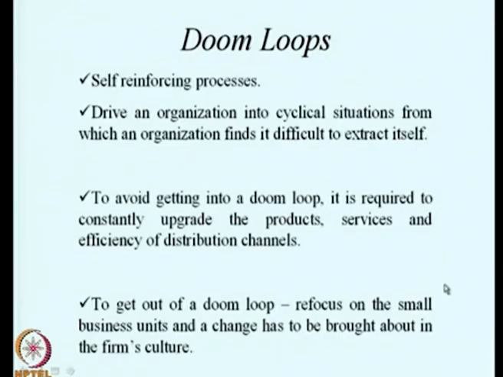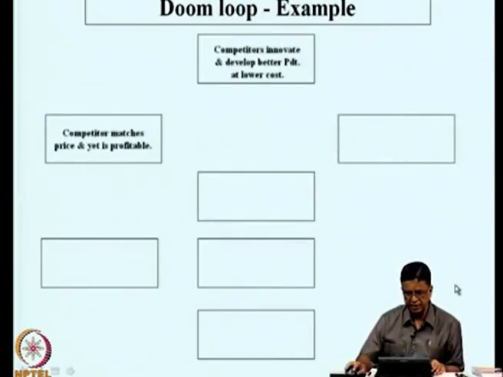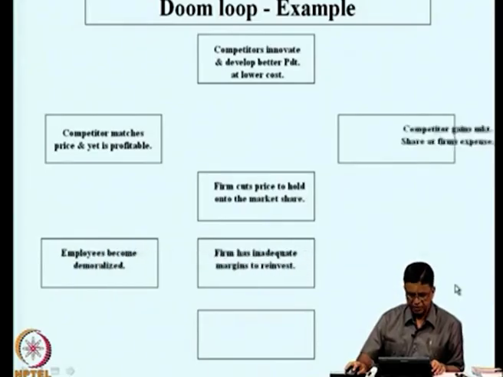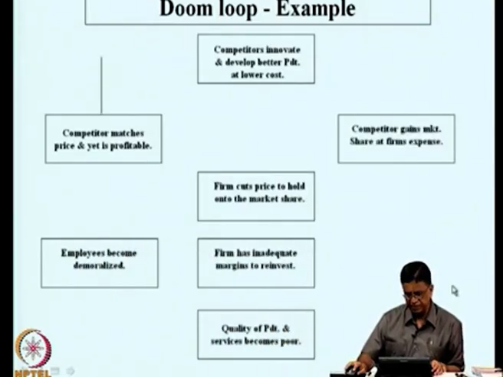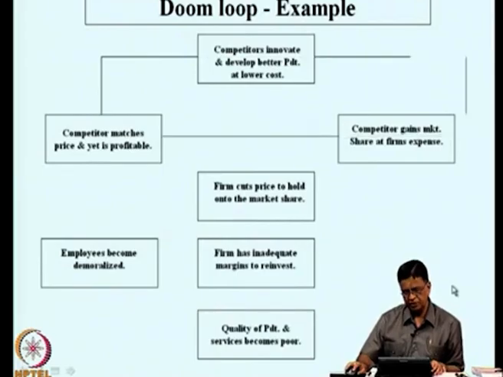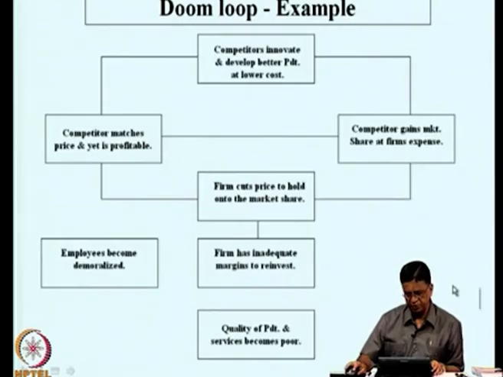Suppose it has got into the doom loop. To get out of it, it can think of refocusing on the small business units, and a change has to be brought about in the firm's culture. We explained this doom loop by taking an example how it can demoralize an organization, sometimes even a good organization also. So, this is the typical diagram of a doom loop which we presented